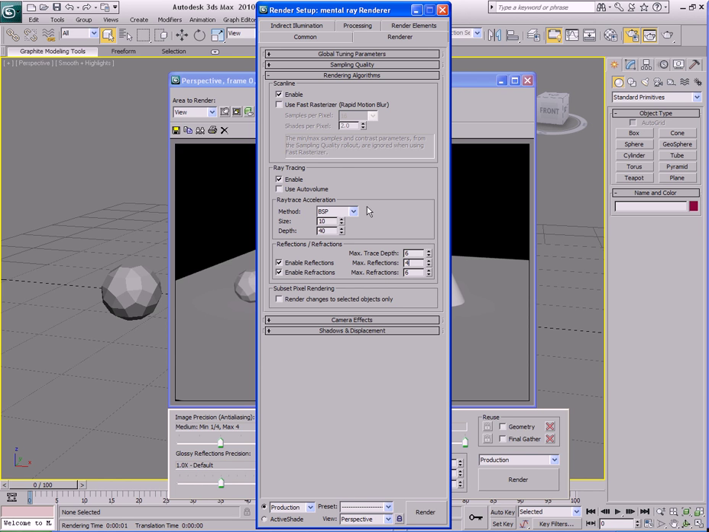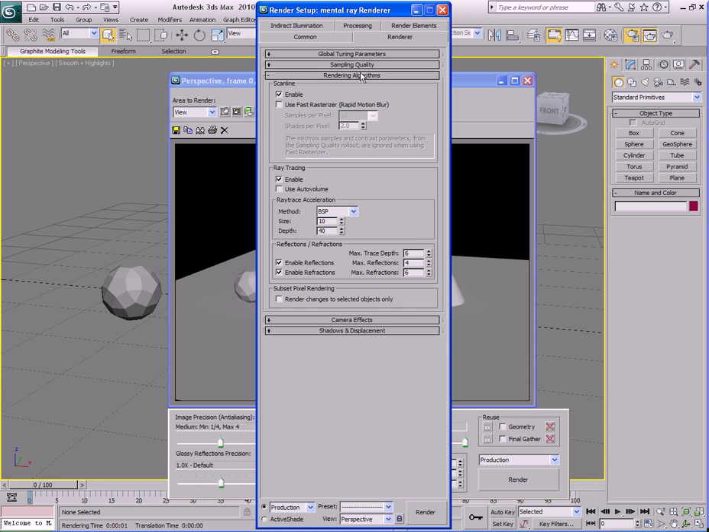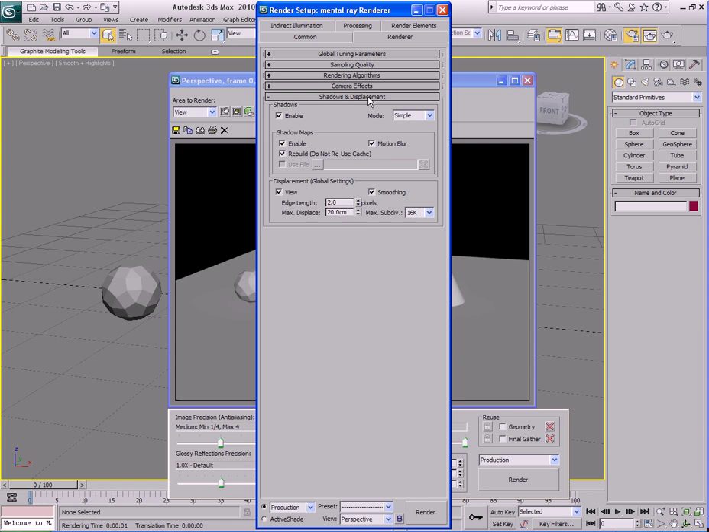Okay. Now down here we have a camera effects rollout, and we can turn on things like motion blur. We can turn on contours. We can apply lens output and volume shaders. We can also apply depth of field, mental ray depth of field. Let's collapse that. And then finally we have a shadows and displacement rollout, where we can change shadow parameters and